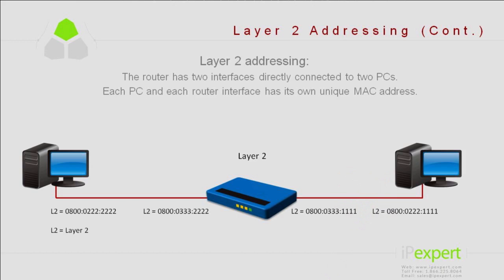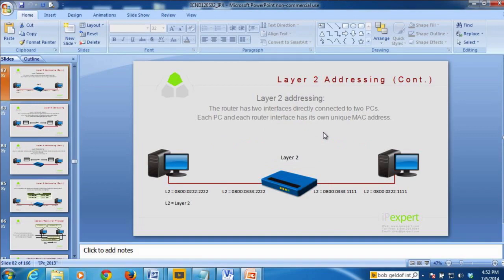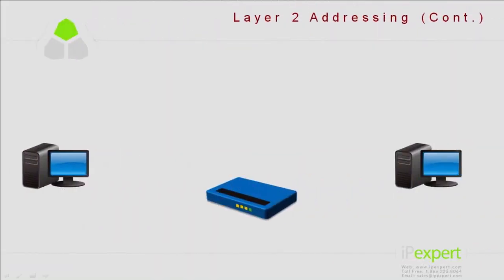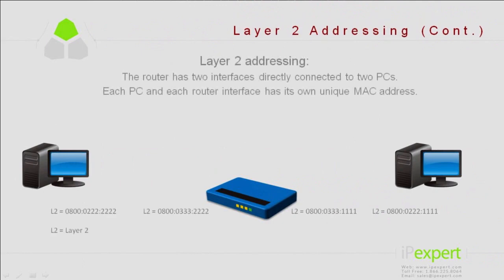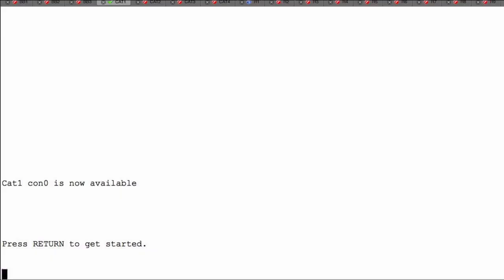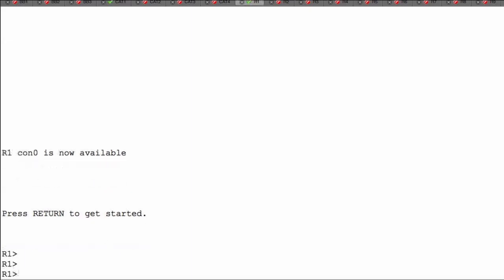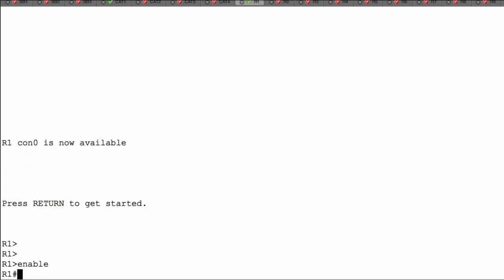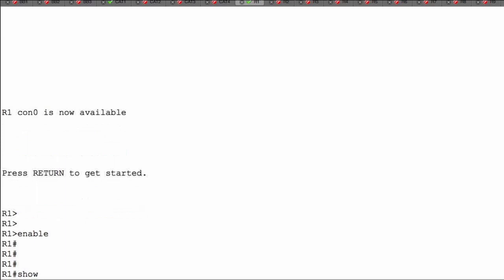Now the moment that I find my cursor, give me just one moment, I'm going to bring up my devices, and I want to take a look at a router. This is just a router. I arbitrarily picked one. This is R1. I'm going to say enable, and then I want to look at some things. I'm going to say show